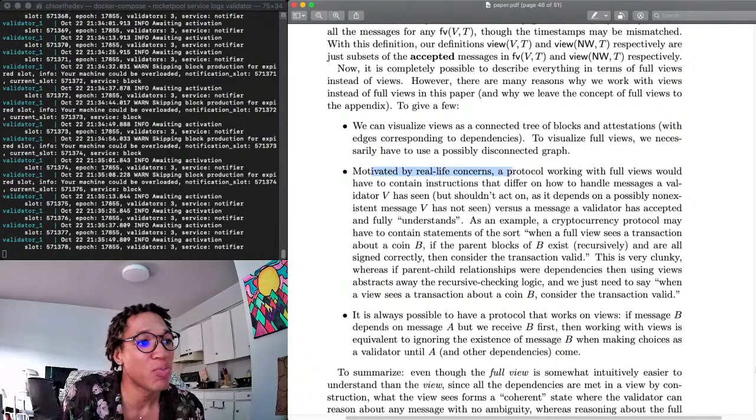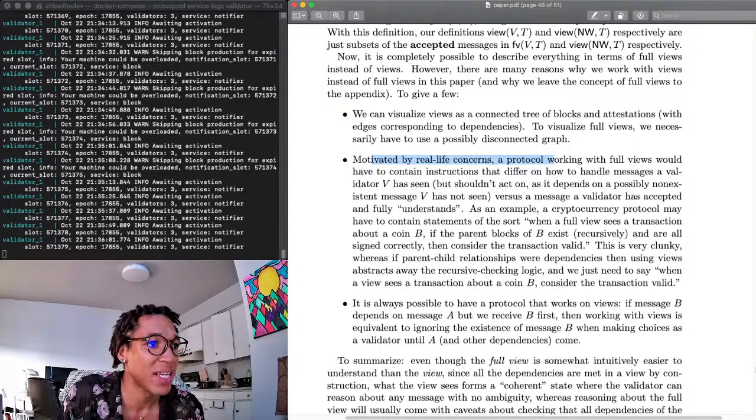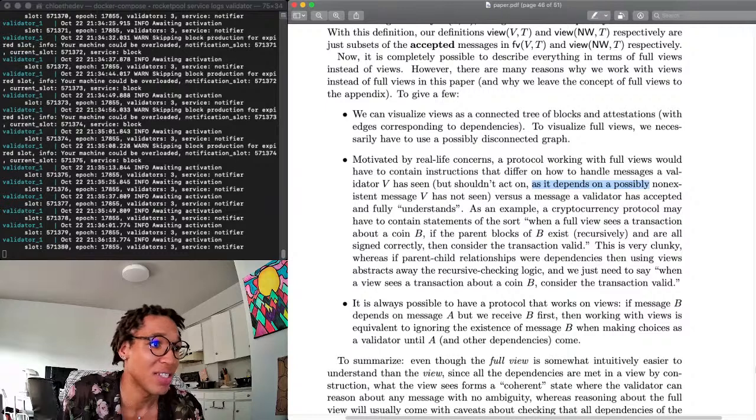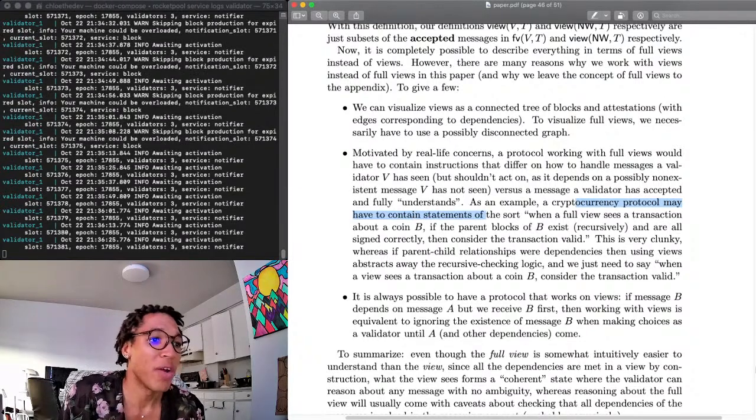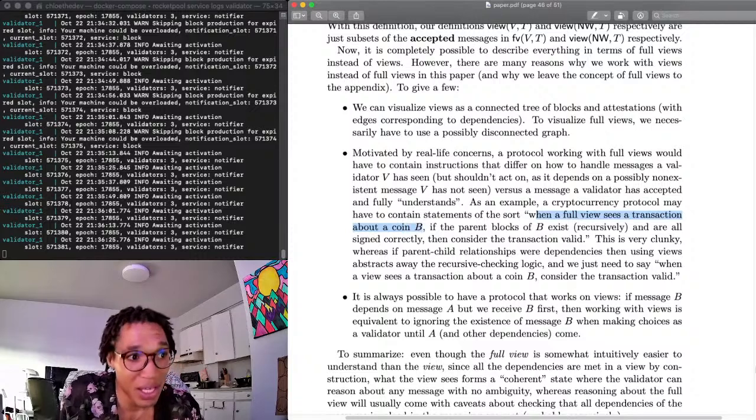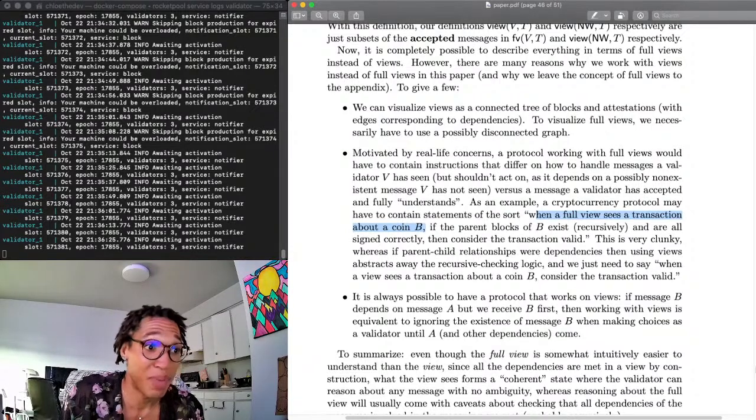Motivated by real-life concerns, a protocol working with full views would have to contain instructions that differ on how to handle messages a validator V has seen but shouldn't act on, as it depends on a possibly non-existent message V has not seen, versus a message a validator has accepted and fully understands. As an example, a cryptocurrency protocol may have to contain statements of the sort: when a full view sees a transaction about a coin B, if the parent block of B exists recursively and all are signed correctly, then